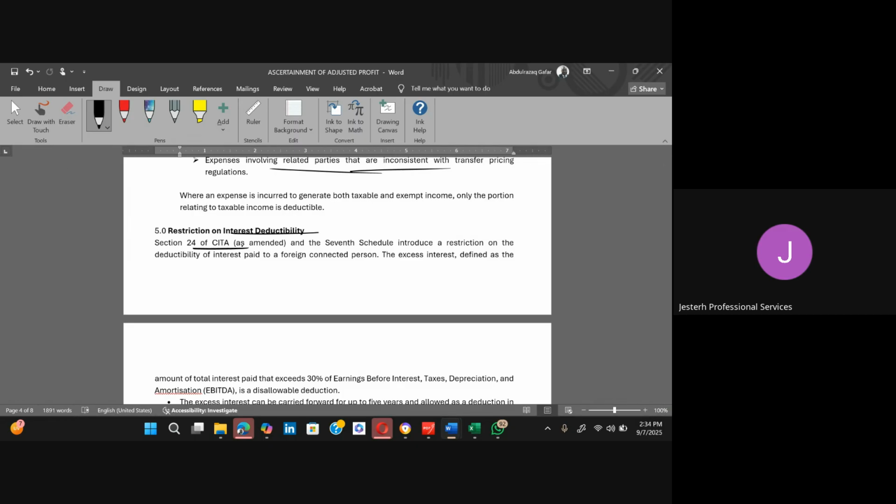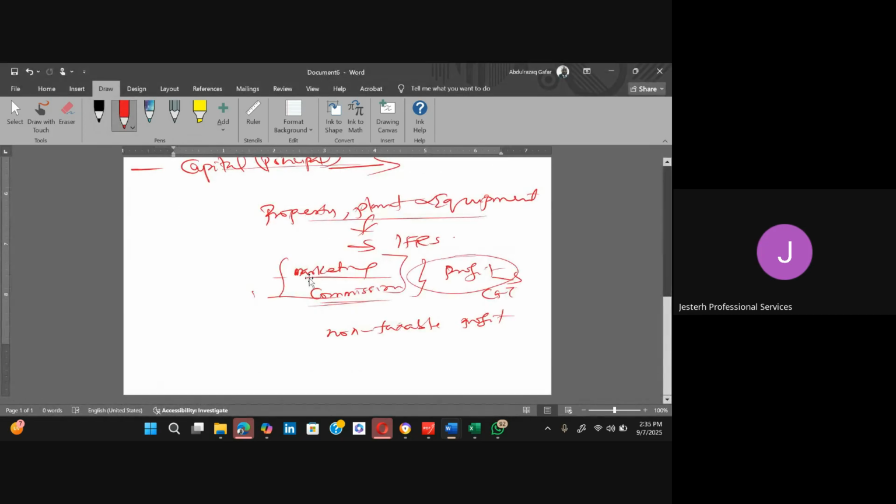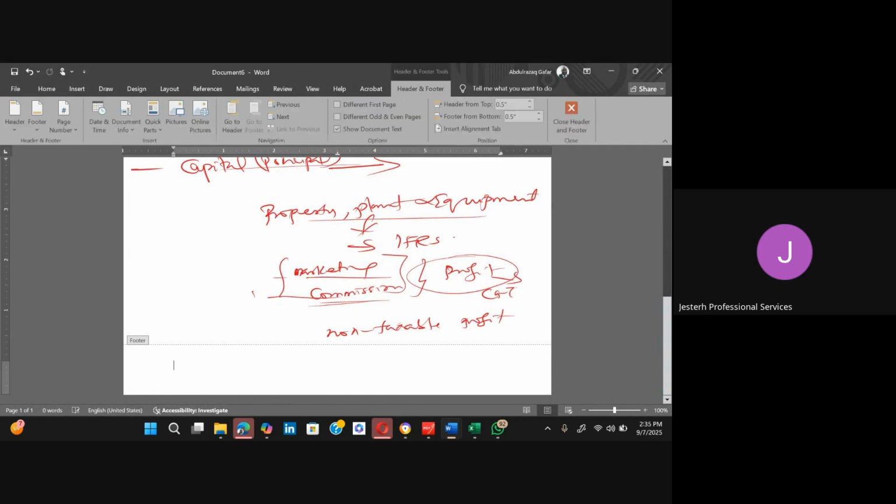So section 24 of SITA and the seventh schedule introduce a restriction on deductibility of interest paid to a foreign connected person. The excess interest, defined as the amount of total interest paid that exceeds 30% of earnings before interest, taxes, depreciation, and amortization, is a disallowable deduction. So what we are saying here is that